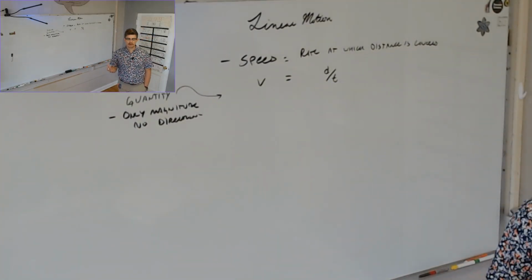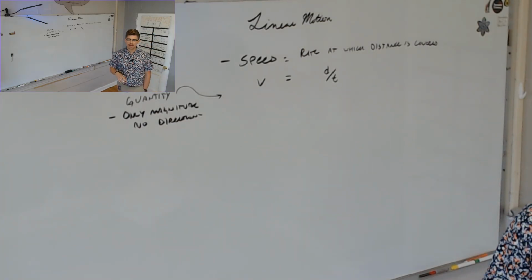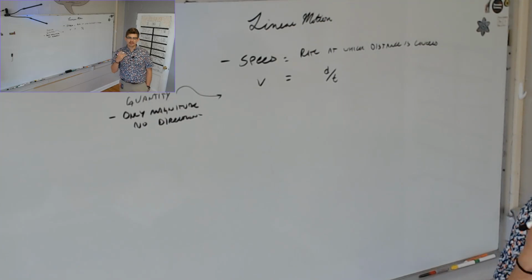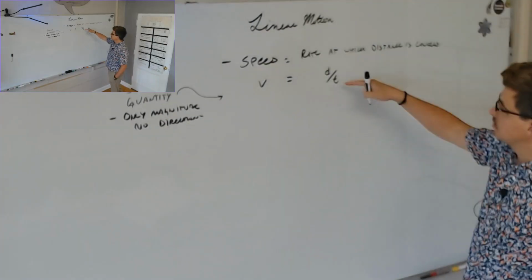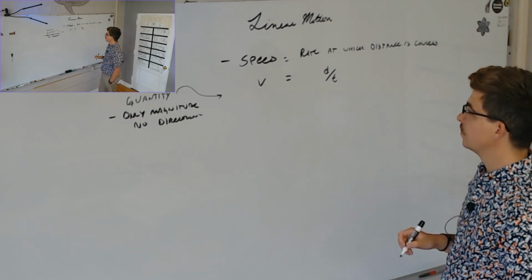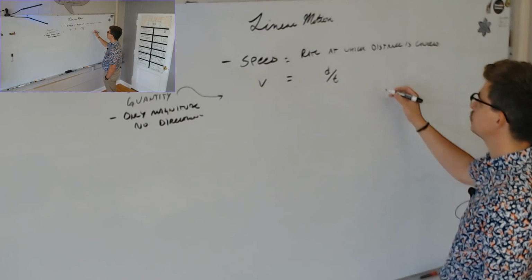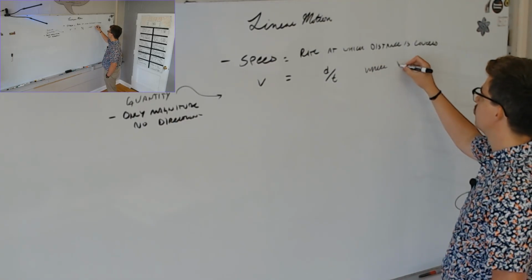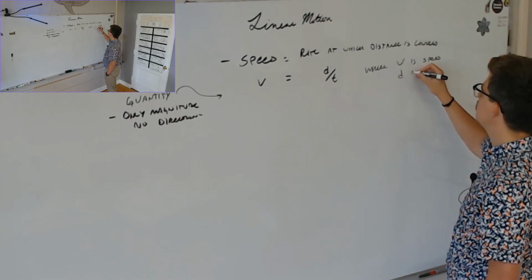65 miles per hour is a speed. 30 meters per second is a speed. 10 feet per minute is a speed. Any distance unit divided by a time unit will be a speed unit. And it's calculated by distance divided by time, where V is speed, D is distance,